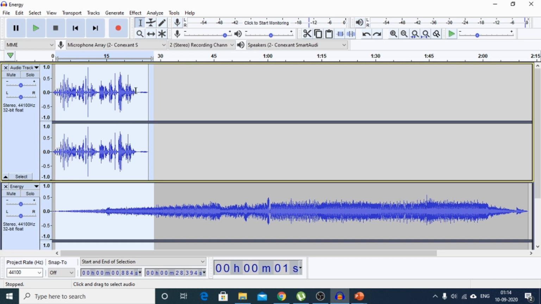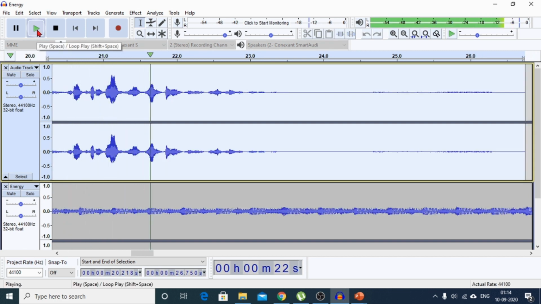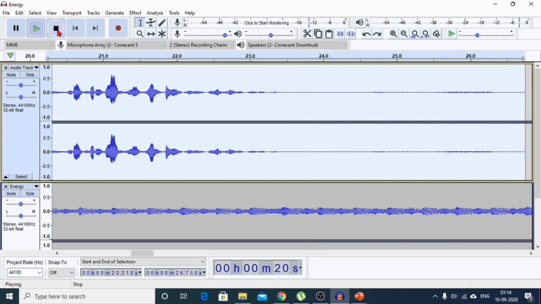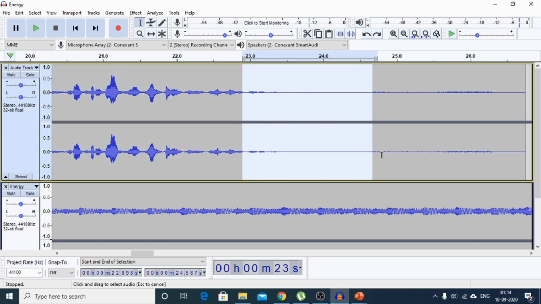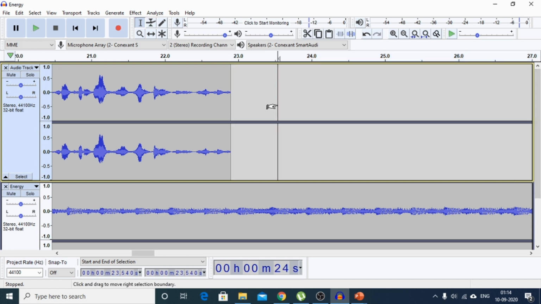Suppose you want to cut a particular portion from your audio. For that let me select this portion and I want it to be zoomed in, and let's hear what's this is our audio, and now I want to cut this portion. I do not want this portion from my audio. So for cutting this, the simple option is press Ctrl X and the part will be removed from your audio. Now have a look.